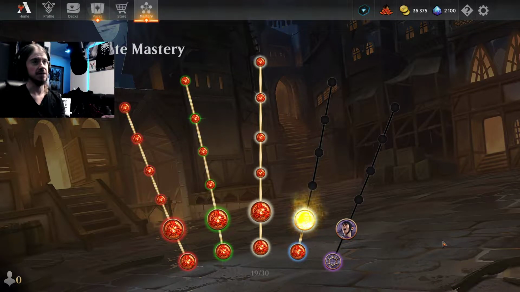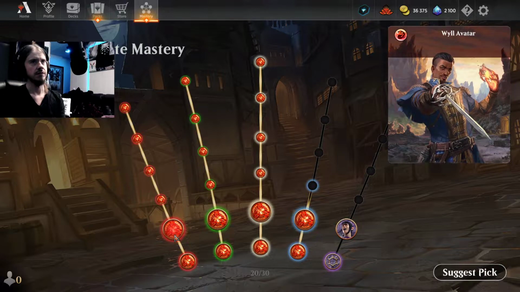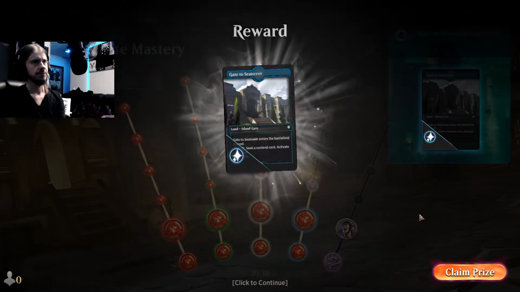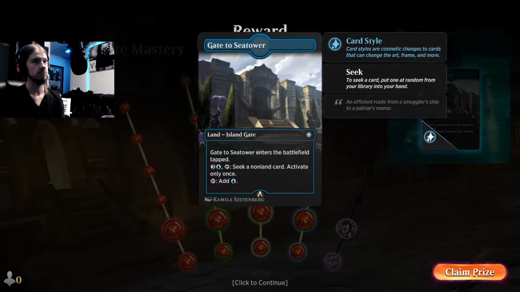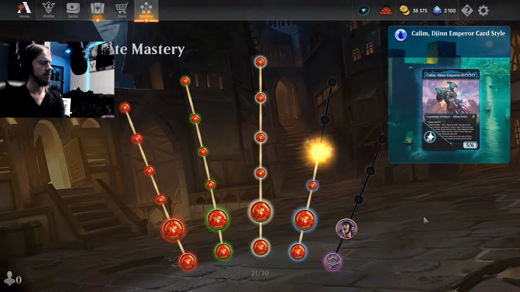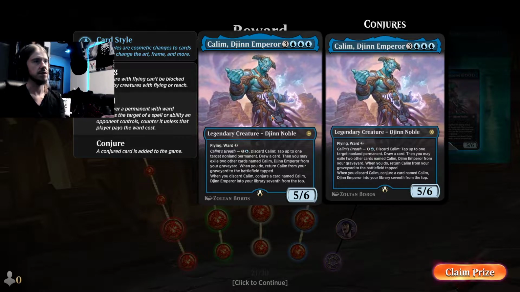Gale Avatar. I've seen Gale a good bunch of times in the win grinds, for sure. Gale and Astarion are probably the 2 I see the most, but I've seen all 5 from time to time for sure. Gate to Sea Tower, enters the battlefield tapped, and so on, the usual stuff. I need to start seeing about using gates in my land stuff, because I do have Baldur's Gate, the actual land card as well, so that's pretty cool. But it utilizes gates to be good, so...